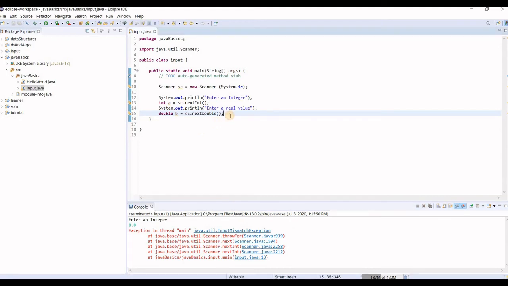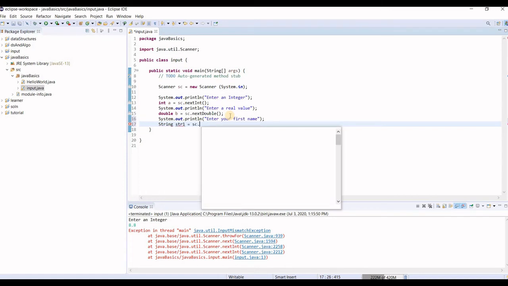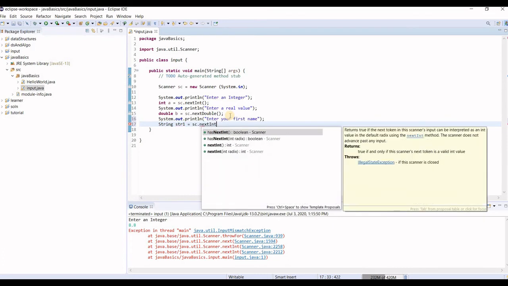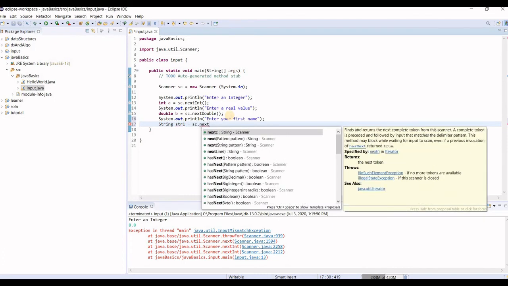Alright, now let's learn how to take a string input. Say sysout, enter your first name, and store it in a string variable. Say String str1 = sc.next().